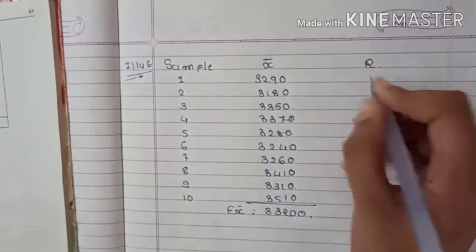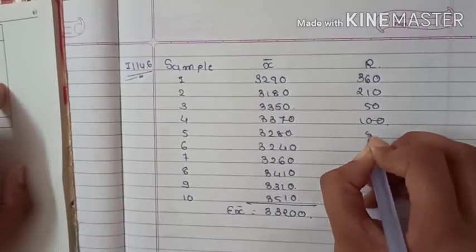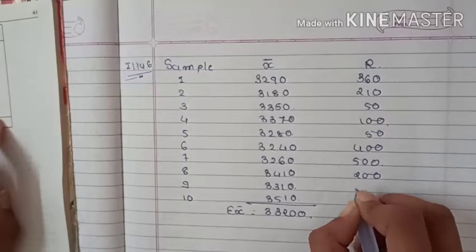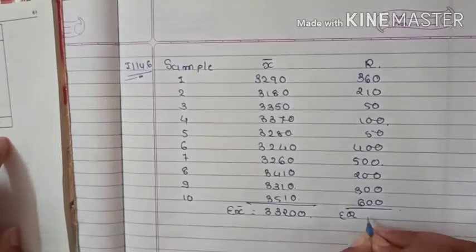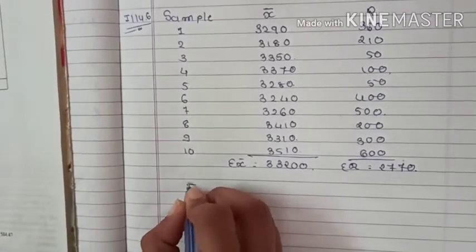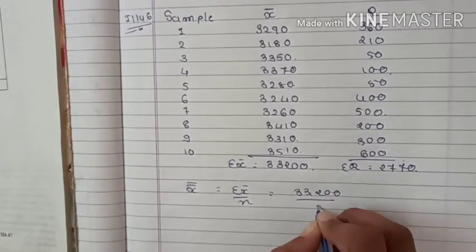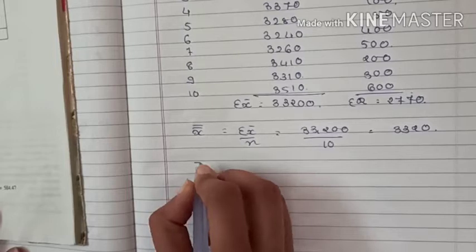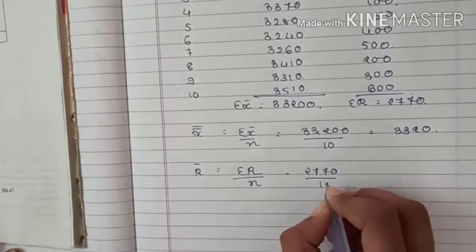Let's put R over here. Range is given. Total of the range is 2770. Now we have to find out X double bar is equal to sigma X bar upon n. 33,200 upon 10. It will come 3320. And R bar is equal to sigma R upon n. 2770 upon 10. It will come